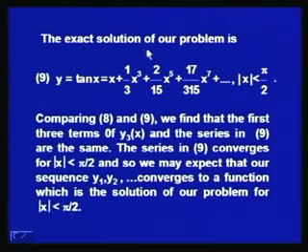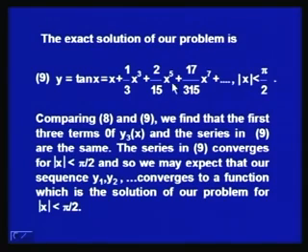If we find the exact solution of our initial value problem, it turns out that the exact solution is y equal to tan x. See, our initial value problem is dy over dx equal to 1 plus y square. So, we can use the method of separation of variables and write the differential equation as dy over 1 plus y square equal to dx, integrate and use the initial condition y at 0 equal to 0. We can see that y equal to tan x is the exact solution of our problem,